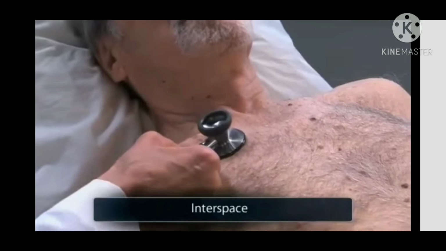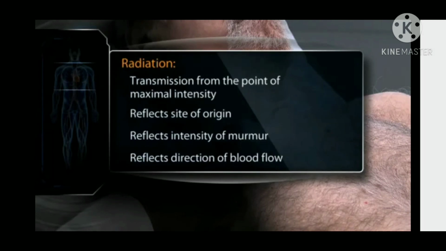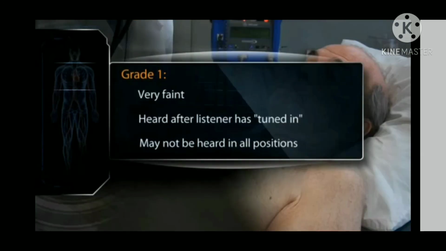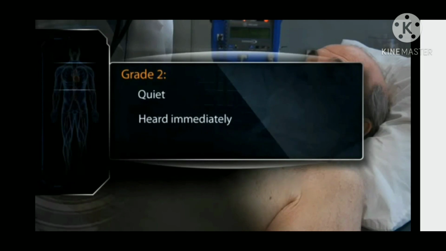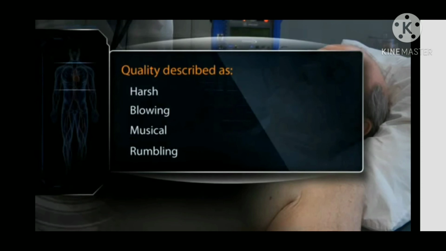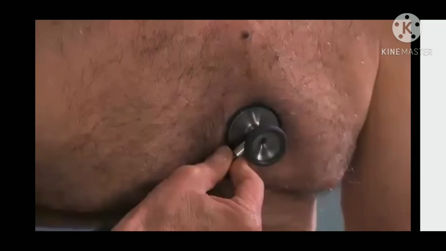To better detect the more subtle diastolic murmurs of aortic regurgitation and mitral stenosis, we should routinely use two maneuvers. The first maneuver is performed with the patient sitting, leaning forward. The patient has a diastolic murmur of aortic regurgitation. The second maneuver helps us detect the murmur of mitral stenosis.